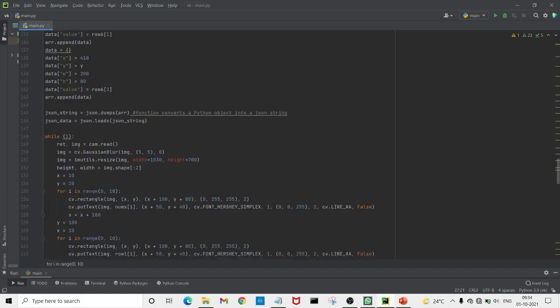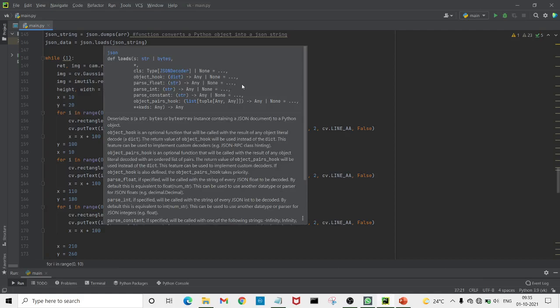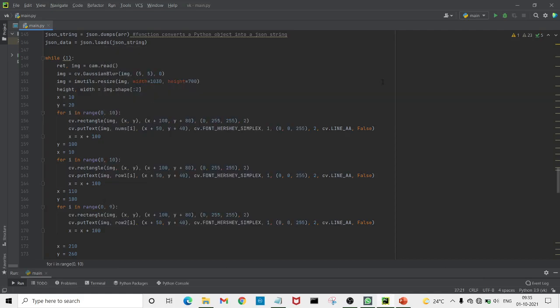So the next is the JSON string. This function will convert a Python object into a JSON string. Okay. So the next is json_data equals json.load. This load is used to read the JSON document from a file, and it will convert the JSON string document into a Python dictionary.